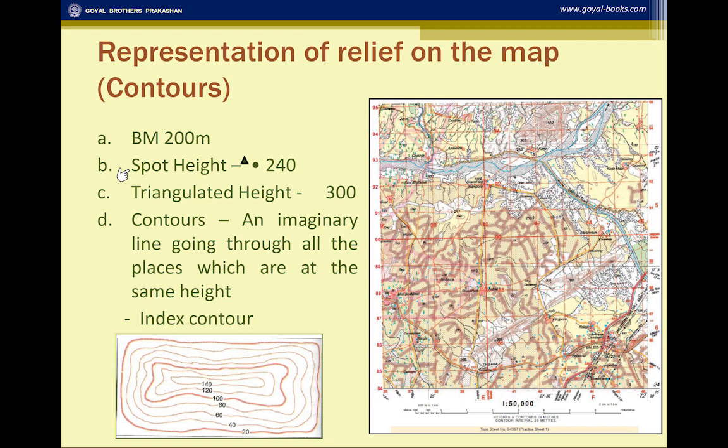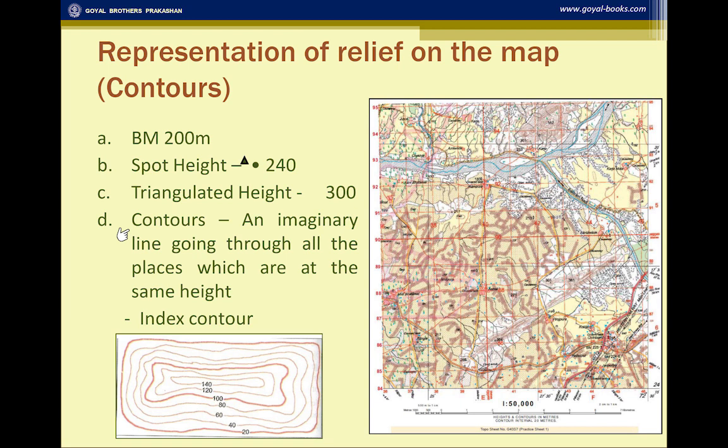The spot height shows that the height of that particular point is 240 meters. The triangulated height is shown by a triangle beside it, which means the survey was done by the triangulation method, and the height of that particular point is 300 meters. And as I told you, the contour is an imaginary line going through all the places which are at the